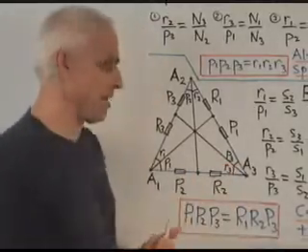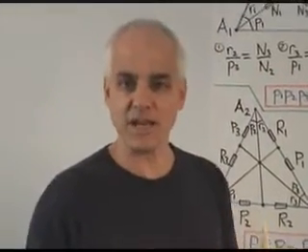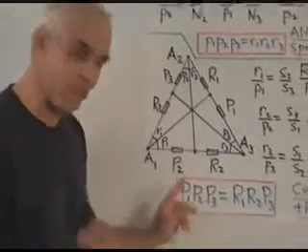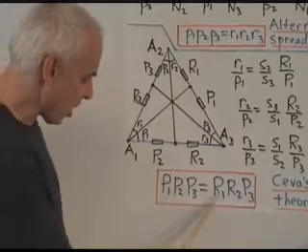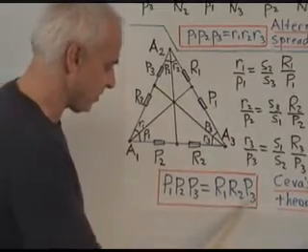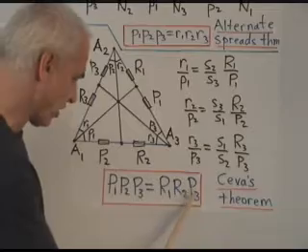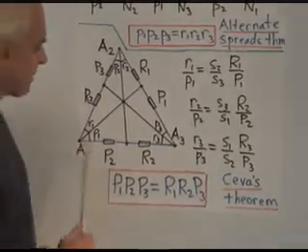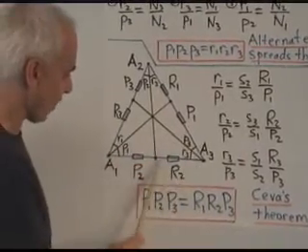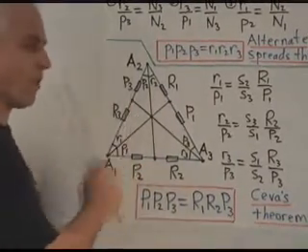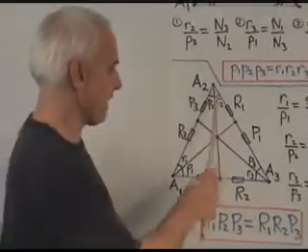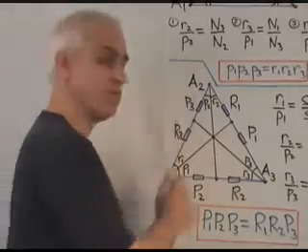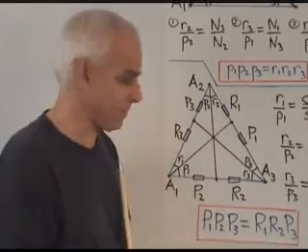And this Sabus theorem allows us to solve the problem that we initiated in the last video with centroids. Because we can rewrite this in terms of the product of three ratios. We can write it as R1 over P1 times R2 over P2 times R3 over P3 equals 1. So that tells us that if that's 1 to 1 and that's 1 to 1, then that's got to be 1 to 1 as well. Or say that's 1 to 1 and that's 1 to 2, then this has got to be 2 to 1.